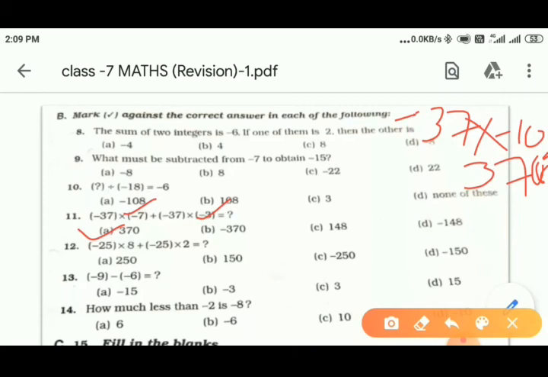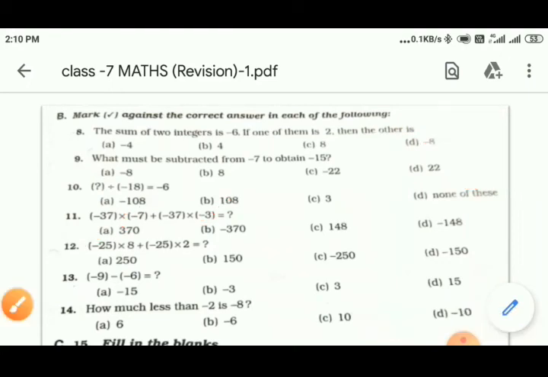Sorry, it is minus 37. Yes. So minus 10 we will get minus minus plus. Okay, let me check again. Negative 37 we need to take common, and minus 7 minus 3 is minus 10 because we are adding. So same sign. So minus 37 when multiplied with minus 10, of course it will give us the positive 370. Minus minus plus. So A option is correct as I told.